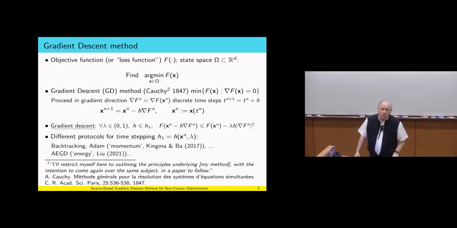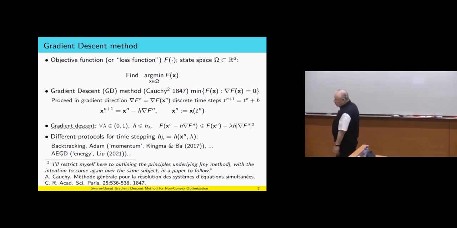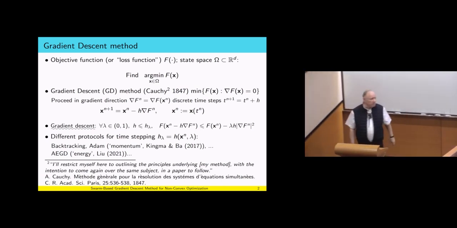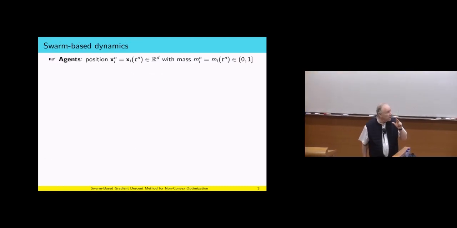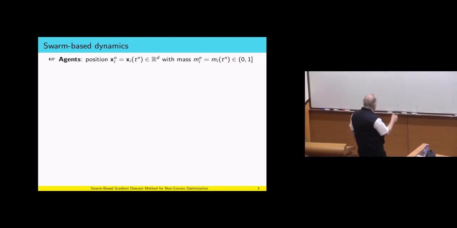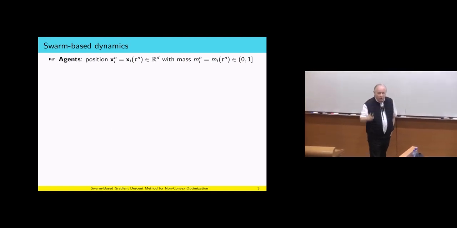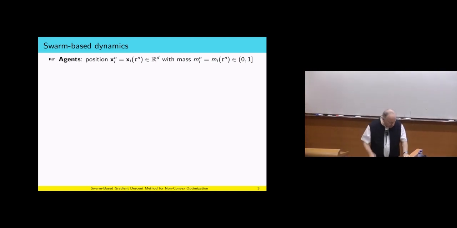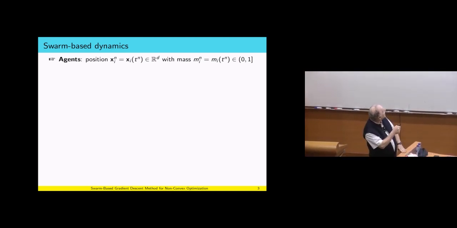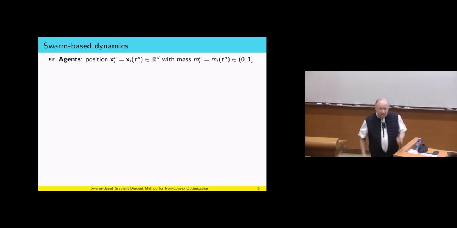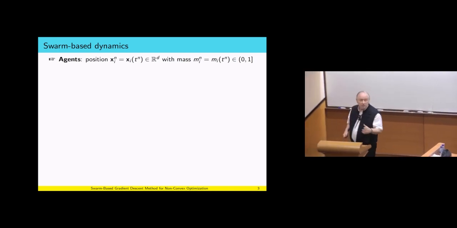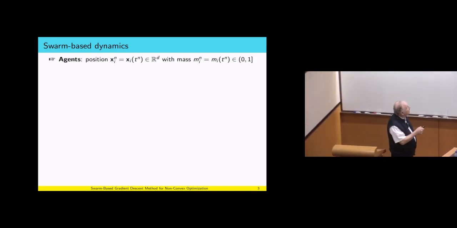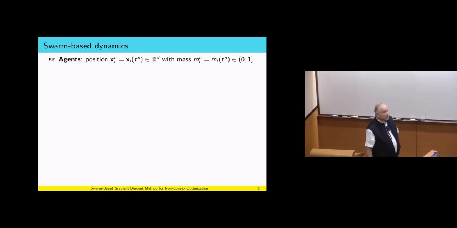What I would like to do in this talk is to come with a completely different approach, which is based on swarm. So in order to describe this method, without further ado, let me tell you what this method consists of. It consists of 3 main components. The first component is this, that we do not have one agent, we have a swarm of agents. And each agent is in a position x_i^n, and each agent, that's extremely important, has a mass. So these are the masses which are denoted by m_i^n. So this is the first component.